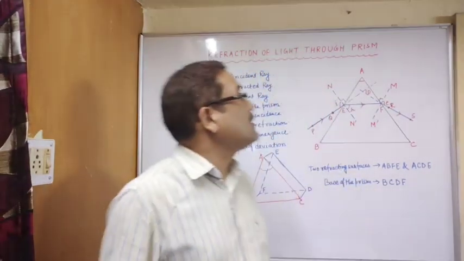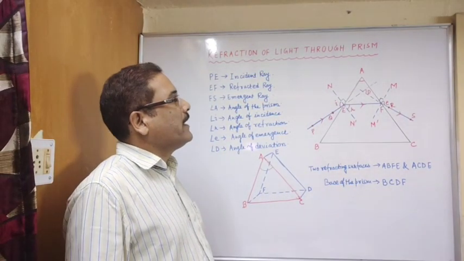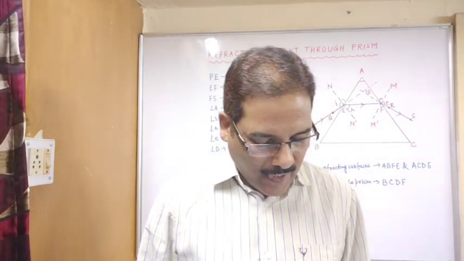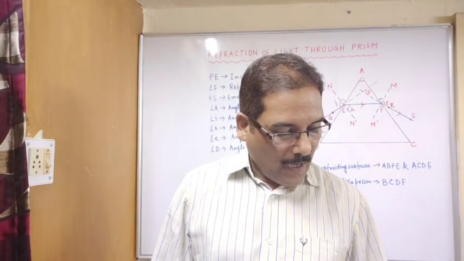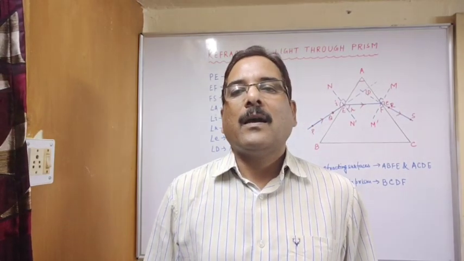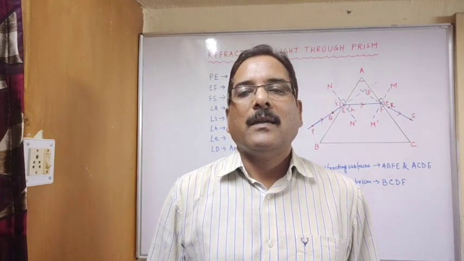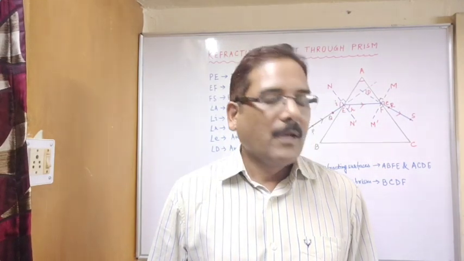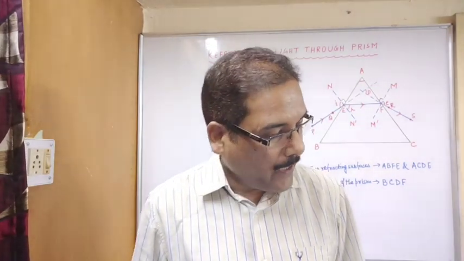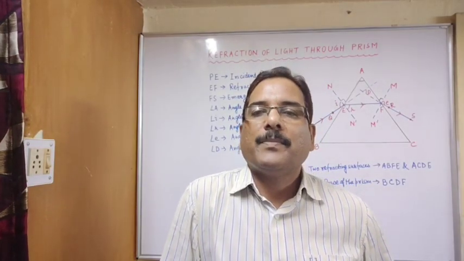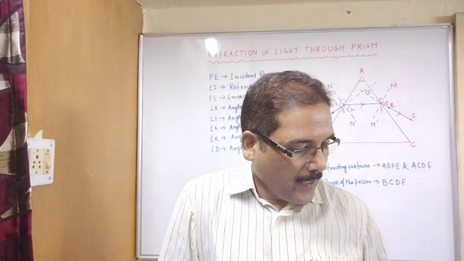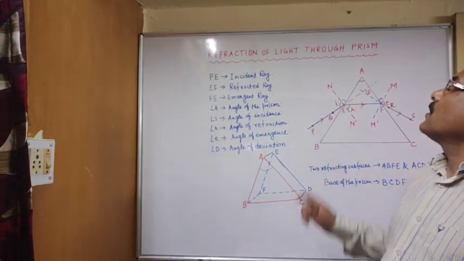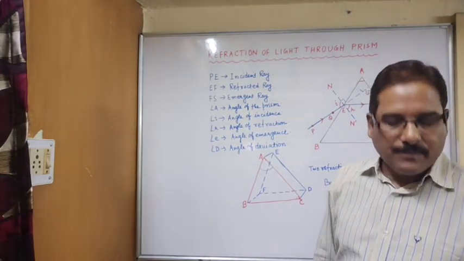Students, today we will discuss refraction of light through a prism. As you have seen, the syllabus is reduced due to COVID, and earlier we were discussing defects of vision. Now for this year that topic is omitted. So the human eye and the defects of vision, these topics are not in the syllabus for this year. So today we will start from this topic, refraction of light through a prism.